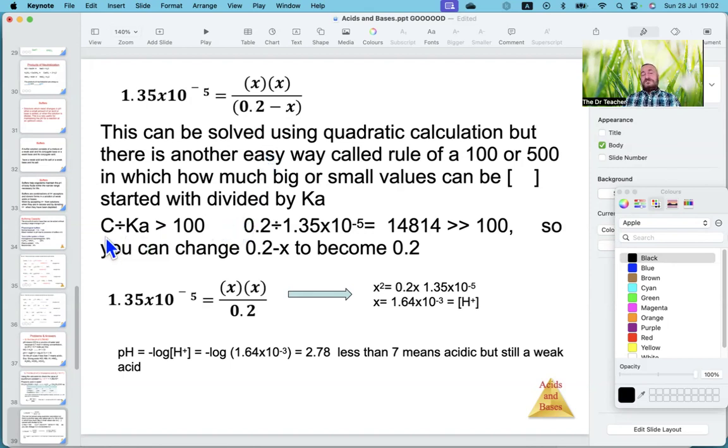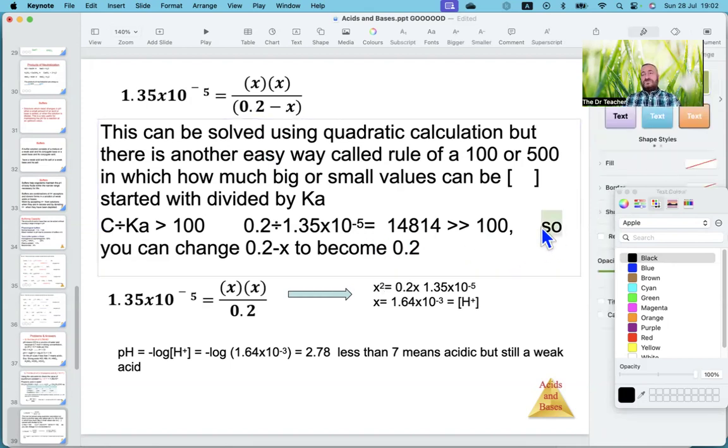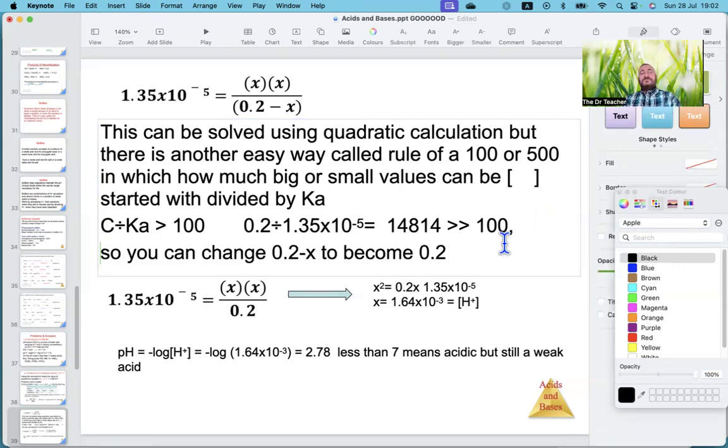Because the value between the initial concentration divided by the Ka constant is much further from 100, the 500 rule. So in this case, we can ignore minus x,